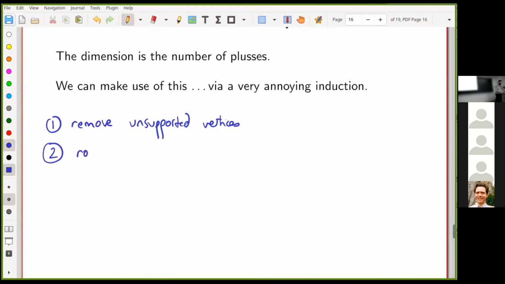Well, if I rotate or flip the diagram, that's not going to change the dimension, which you can show, but it's not surprising. And then I can do that until I have one of 2 situations. So if here's my last guy,